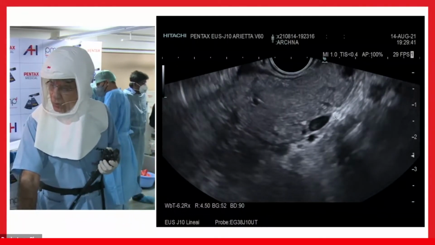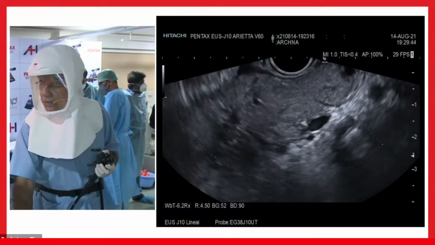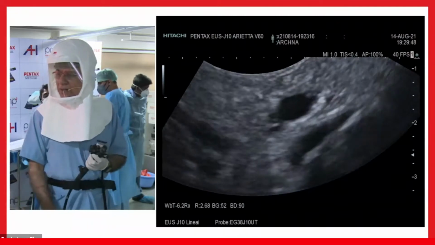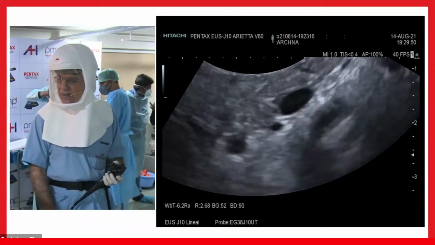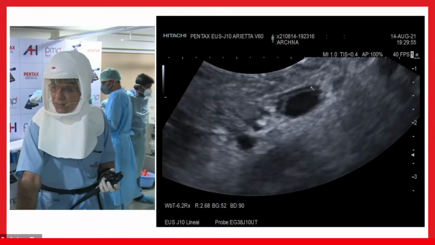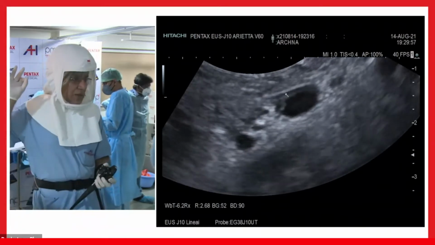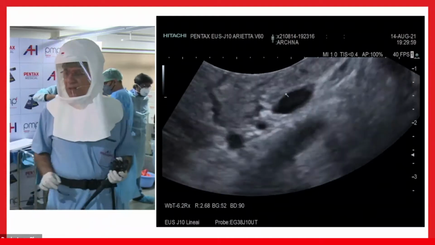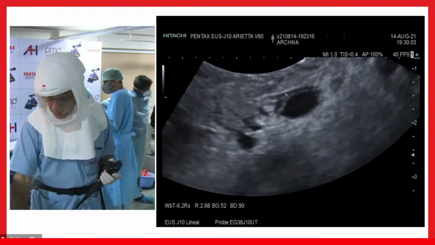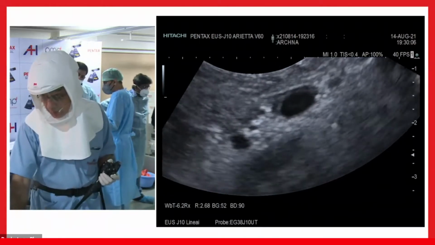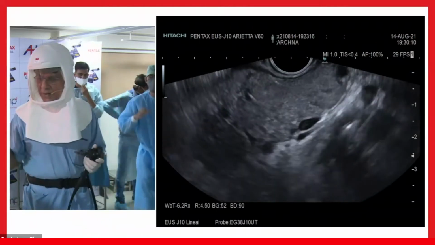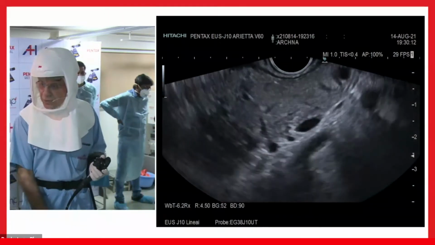I would probably zoom in, only this much, to show you that the pancreatic fluid is spreading in the form of a rim around the vessel. This is the rim. So this is the rim of that small amount of fluid around the vessel. This shows you that there is a possibility of splenic vein thrombosis in these cases. Okay, so we have found acute pancreatitis with extension to the splenic vein.